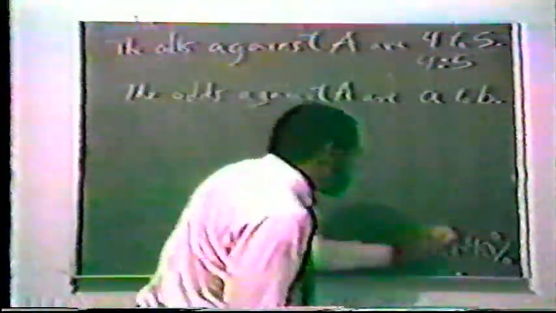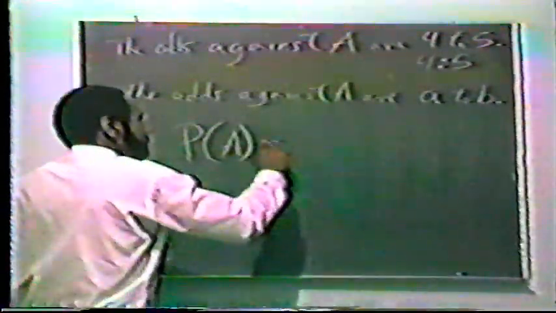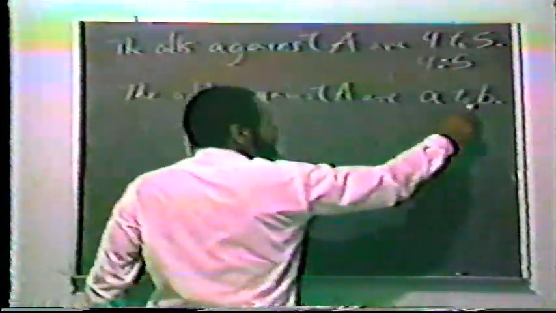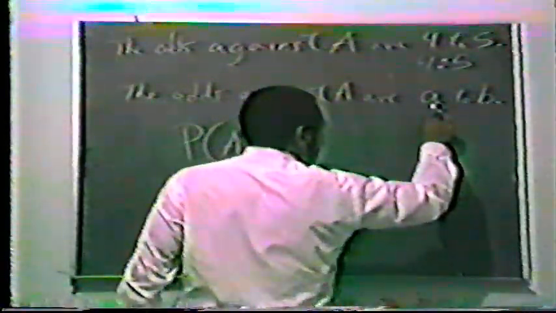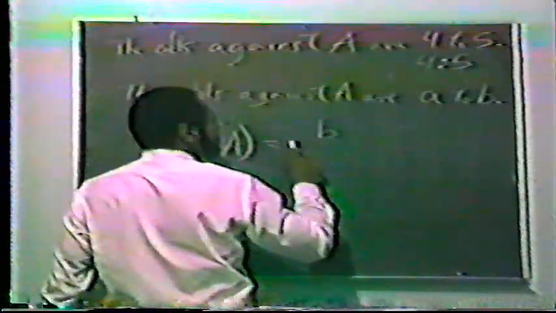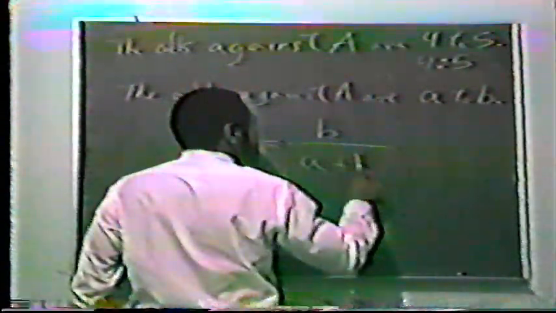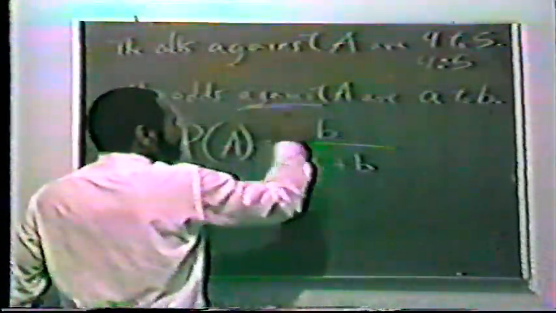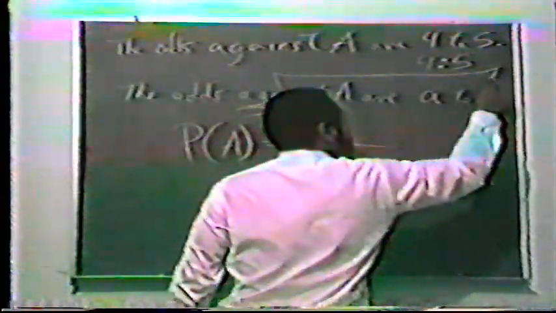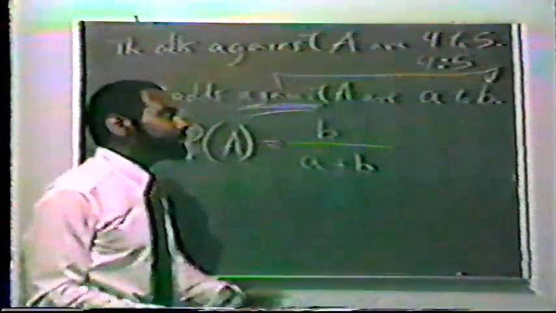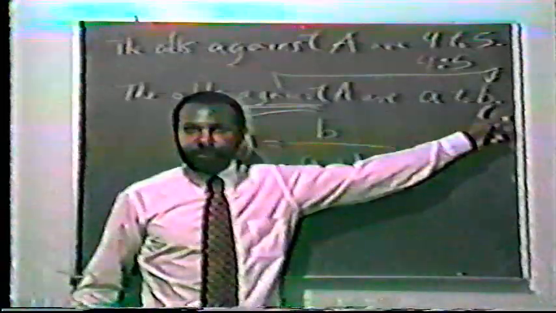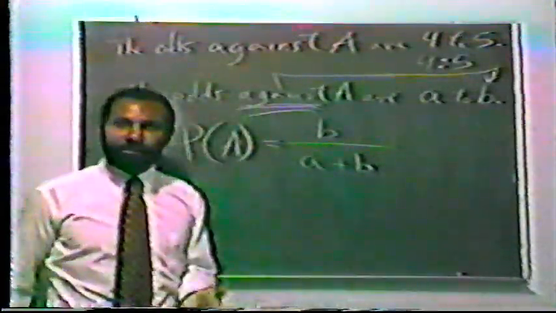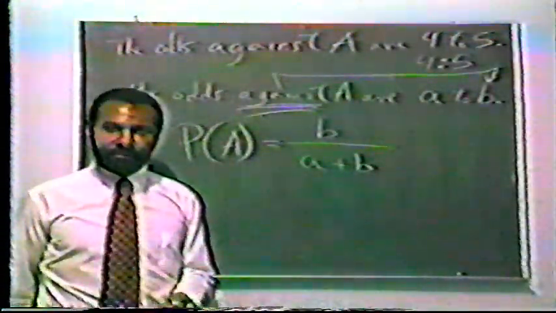The formula for that probability of A would be B on top this time, over A plus B. If you have against, the second number in the ratio goes on top